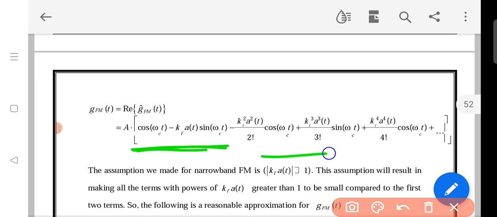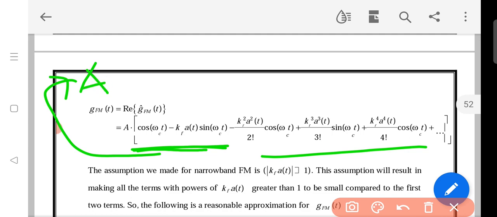Okay, the remaining continuously produces the side bands. This equation we transfer into the frequency domain representation. I already told, I try to write that equation for frequency domain description. This equation is like this: A cos omega_c t